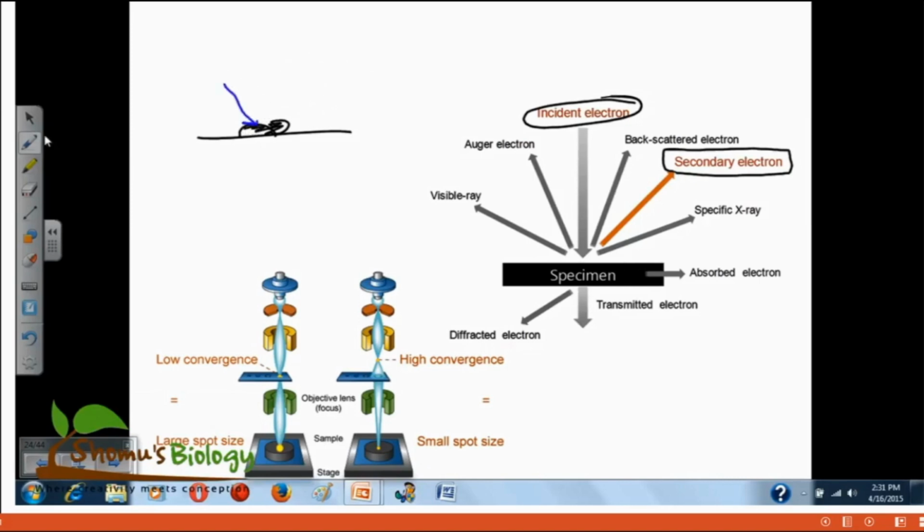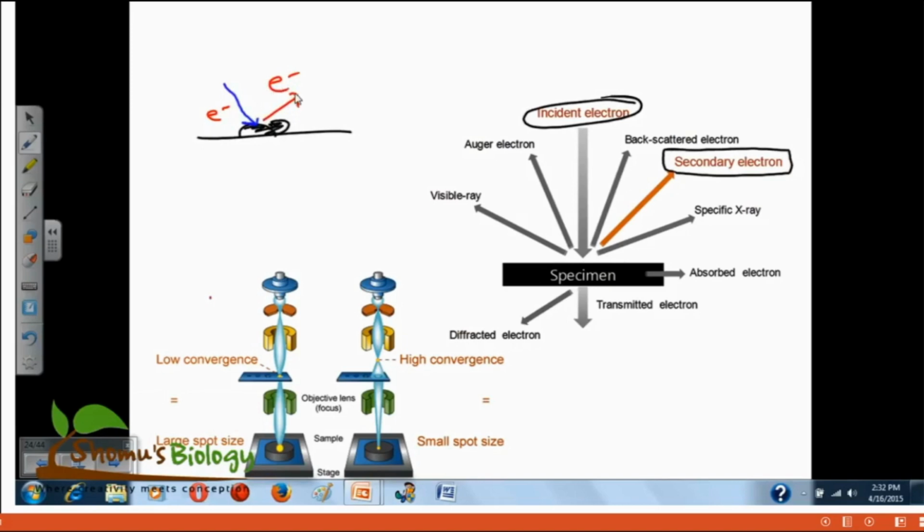Now the electron that is going out, let's say this red one. Once this incident electron, called the primary, is hitting the sample, the surface area of the sample is very vulnerable to receive that electron. This electron is nothing but an energy, right? So they receive this energy and absorb the electrons that are coming in, but they themselves release some electrons. The electrons released by the surface region of the sample are called secondary electrons.